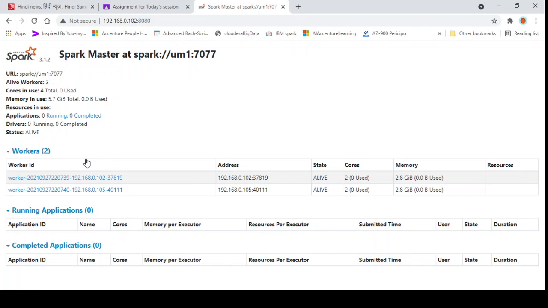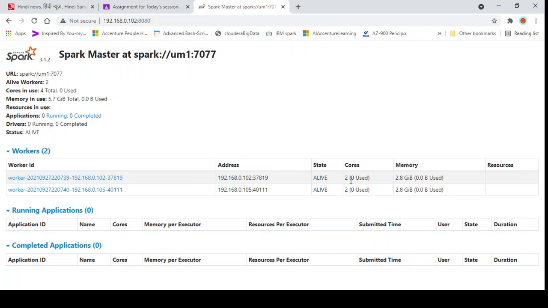Okay, let's look at a few configuration details here. I can see this is my worker and this is my worker's ID, and these are the number of cores that I have used. In a Spark standalone cluster, if you don't configure anything, it will launch a worker and all the cores available on that particular node will be assigned to that worker.